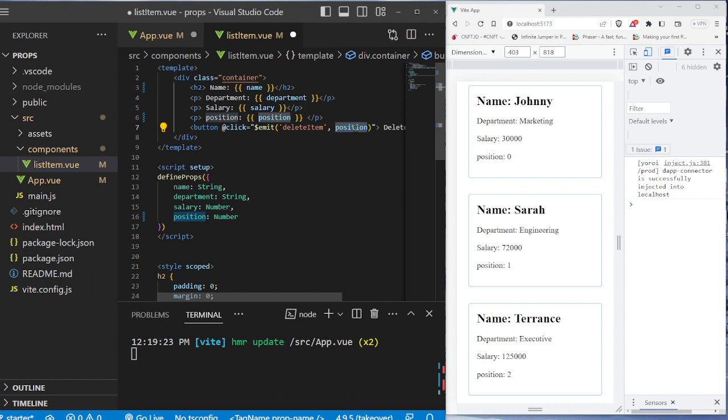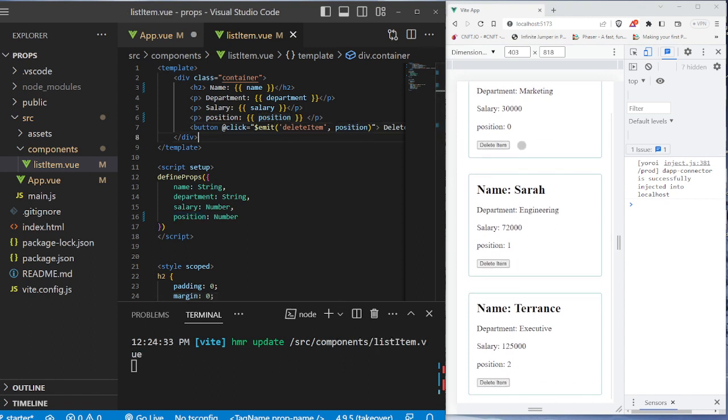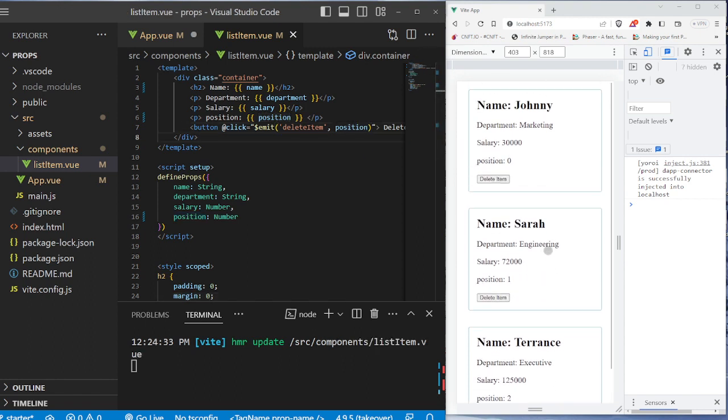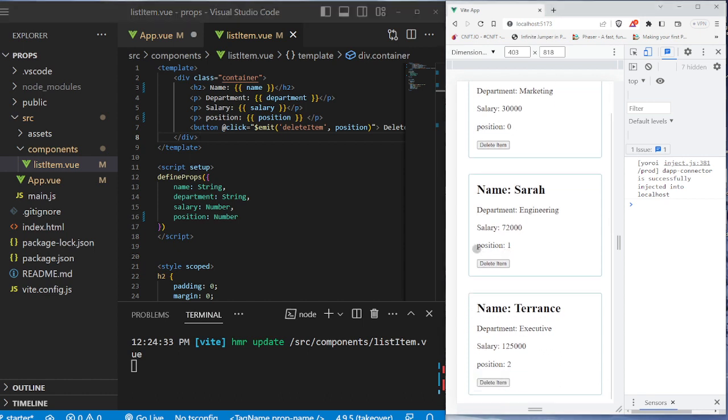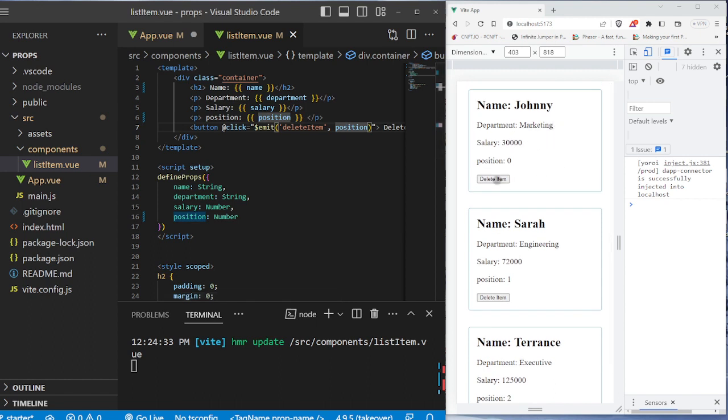And in this position, I can say, hey, I want to pass this position data to the emitter to let the parent know the exact position of what is emitting, because all of these will have a different button. Let's go ahead and save, and you'll see right here we have a delete item button for each of them, and they all have a different position as indicated by these positions right here: position 0, position 1, position 2, and we are passing those specific positions depending on which one we click, right? So if I click delete item right here, we are passing position 0. If I click this one right here, I am passing position 1, and that will be listened to by the